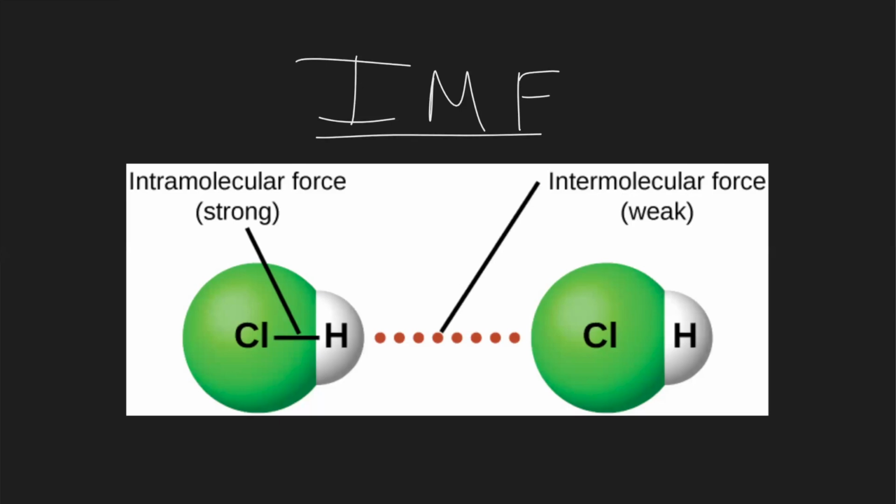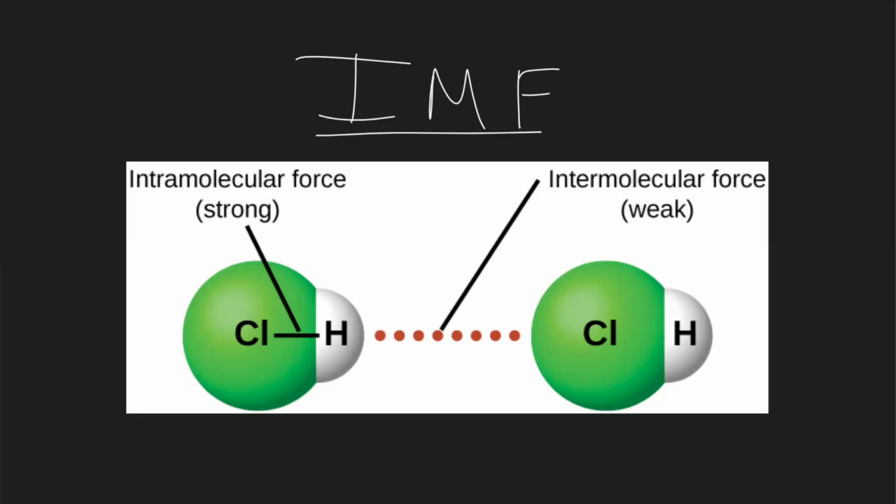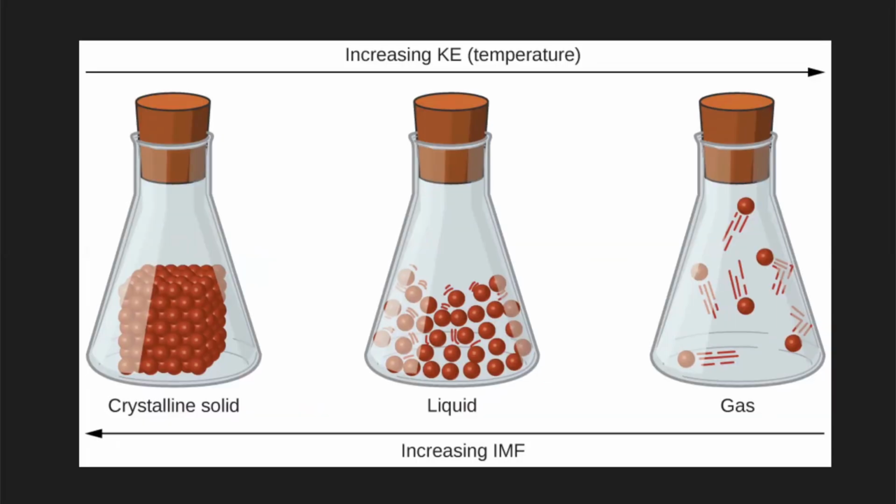For intermolecular forces, they're all significantly weaker than the stronger intramolecular forces. To break intermolecular forces, raising the temperature, reaching a melting point, reaching a boiling point, increasing the energy, or reducing the pressure surrounding a molecule will all influence the intermolecular forces. If something has stronger intermolecular forces, it's more likely to be a solid. As something has weakened intermolecular forces or more distance between the molecules, then you can expect the phase to be